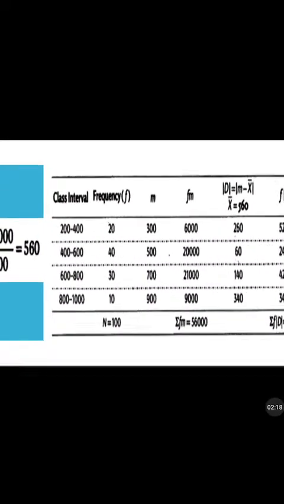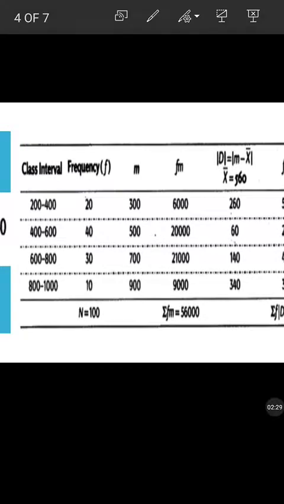Okay, let us move on to the calculation part. So here what was the question given? It was given as 200 to 400, 400 to 600, 600 to 800. All these come under X. So class interval means it is X, and the next one is frequency, and this is midpoint. Always for mean we have to calculate the midpoint, that is f into m. We need f into m.